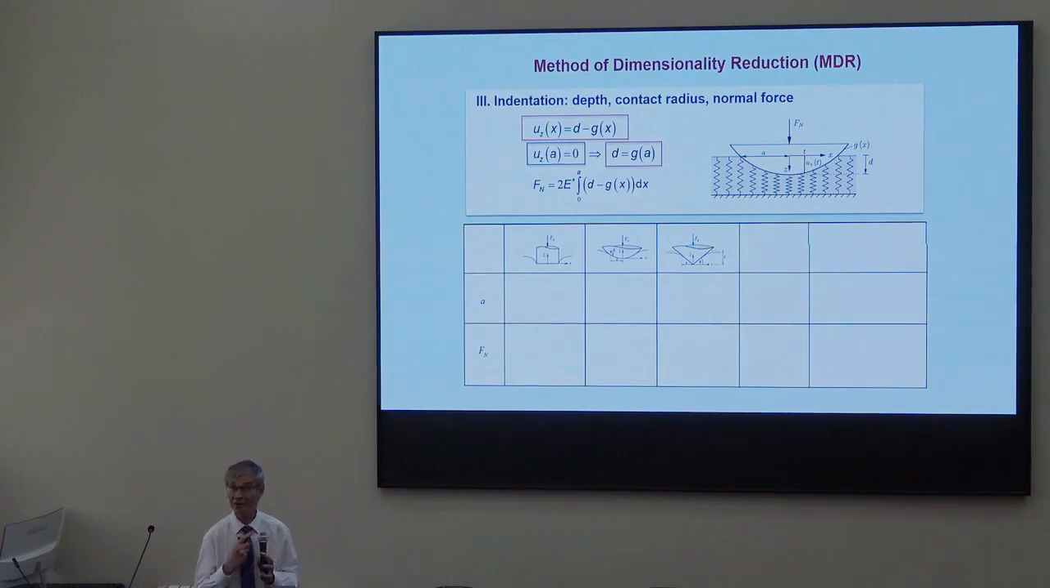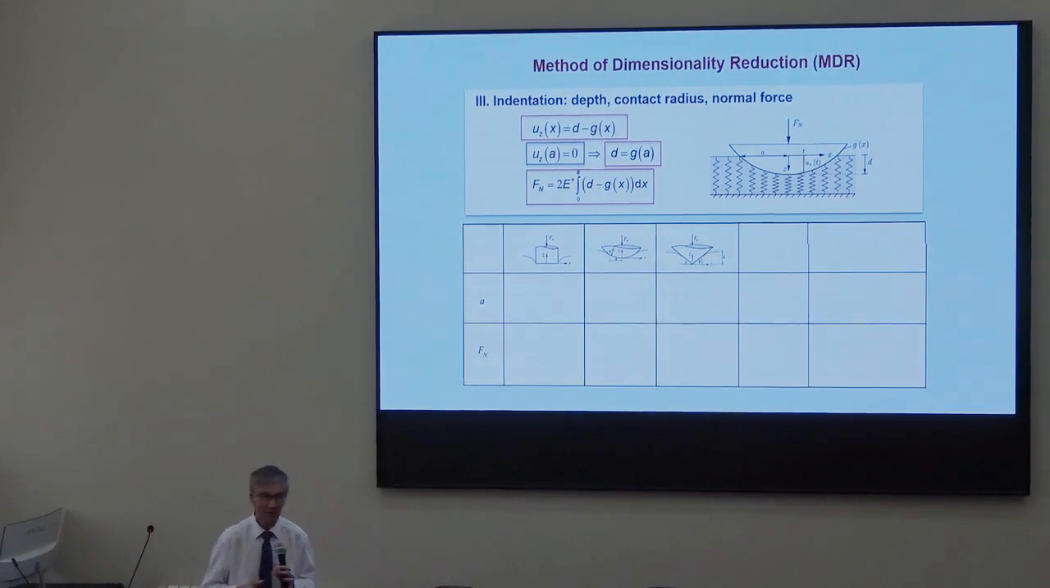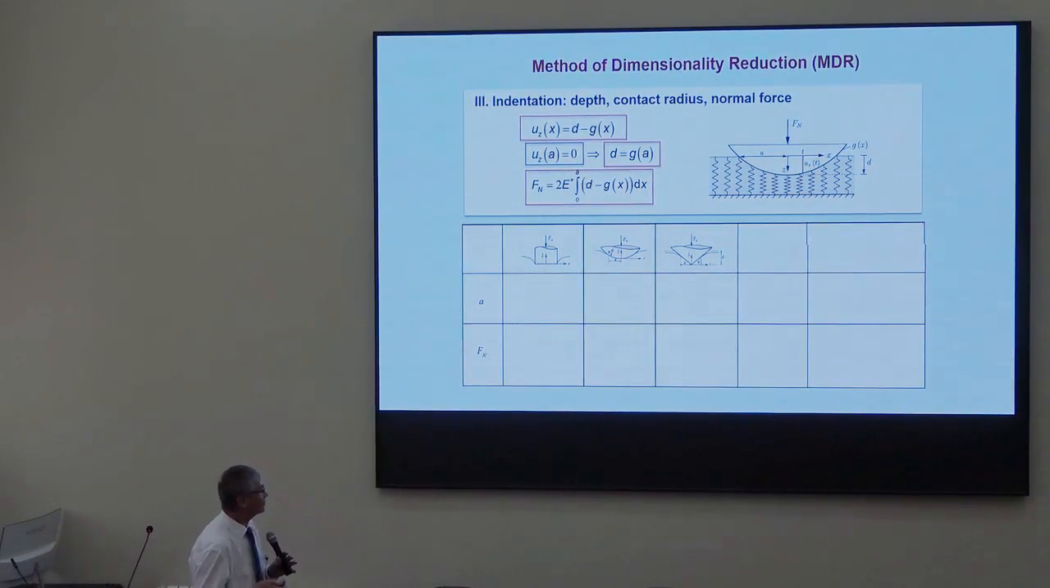For arbitrary axisymmetric profile, because G we get from the shape, this equation is already in closed, complete form for arbitrary shape. And then we sum all the spring forces to give the normal contact force. In the table, you can see solutions for